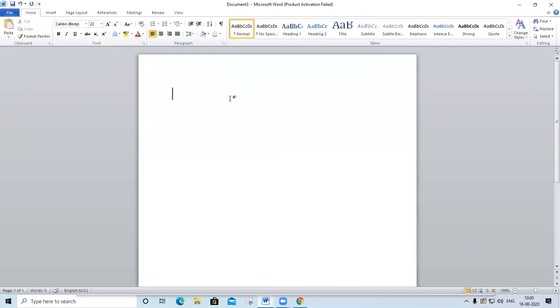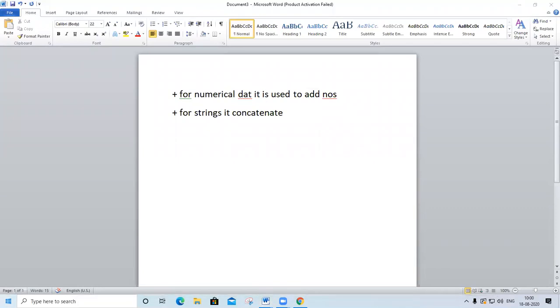Suppose plus I have told you for numerical data, it is used to add numbers, and plus for strings, it concatenates. ठीक है?